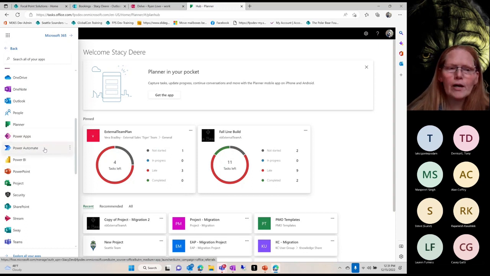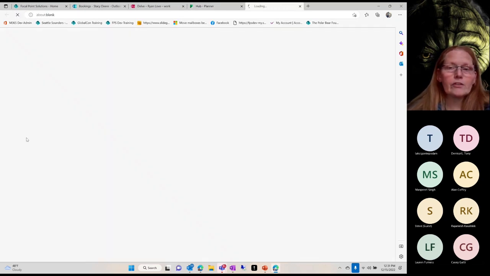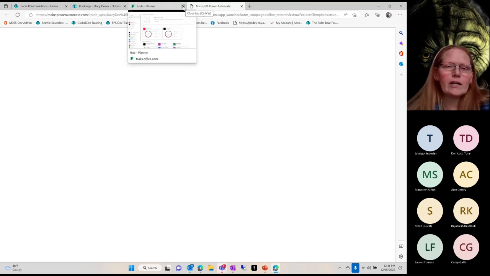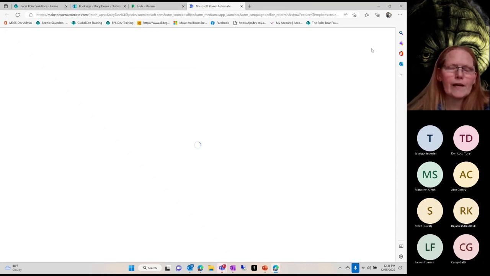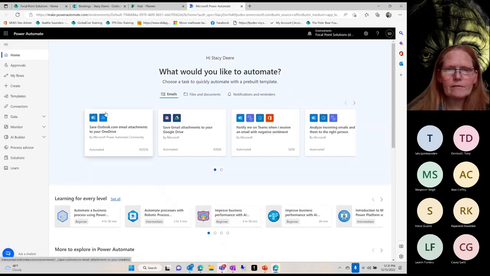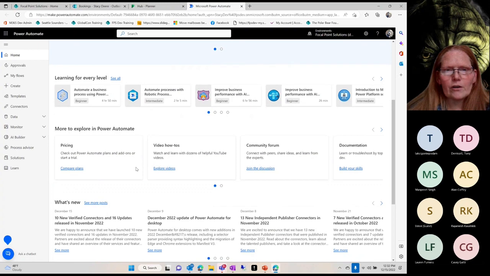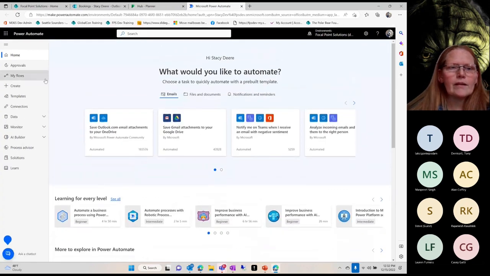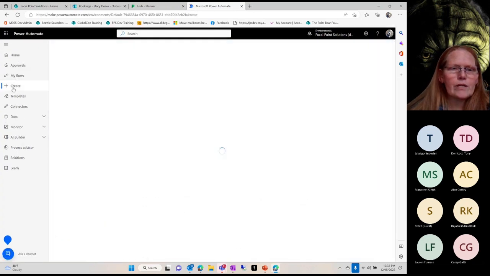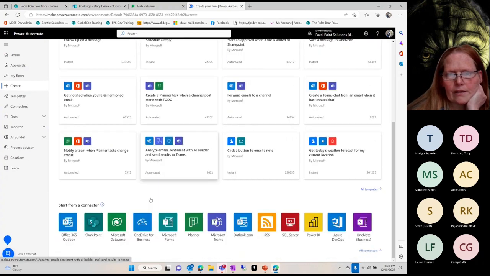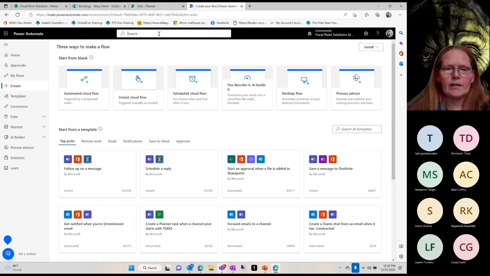Okay. Power Automate is your actual flows, right? So this is all your workflows here. This is an area I do tell people, when you get a chance, to actually go out here and look, because Microsoft provides a ton of templates for you, right? So you can get started and kind of play with those. Like if I go to create, if you look, here's a bunch of templates out here, right? So one that I use,